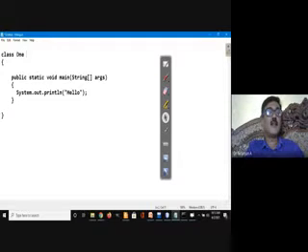Or I will call this Demo1. So there are two words here. For the first word, I am using a capital letter for the first letter. For the second word, the first letter is again a capital letter. I have followed the conventions. So now you look here, I am trying to write a main method.